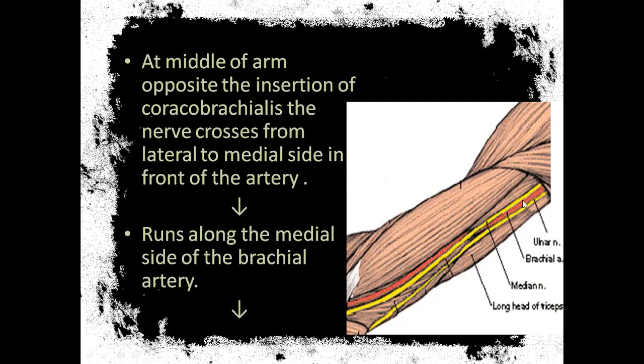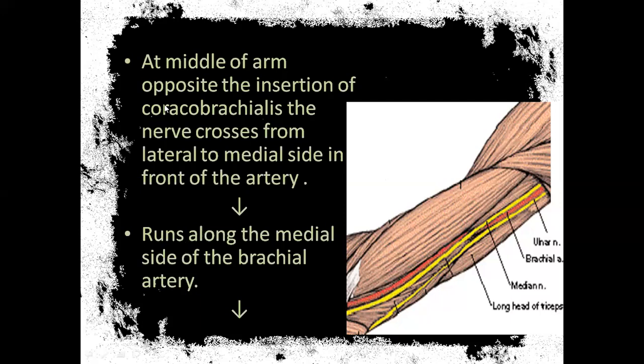See here, this red artery is which artery, Ritika? Brachial artery. So lateral to the brachial artery, we have the median nerve. See, it is crossing now. Is it becoming medial, beta? Yes, ma'am. Above it is lateral, below it crosses and comes medial. Now you can see it is running medial to the brachial artery. Initially it was lateral. It is crossing the artery and now it is becoming medial. That's what is written here.